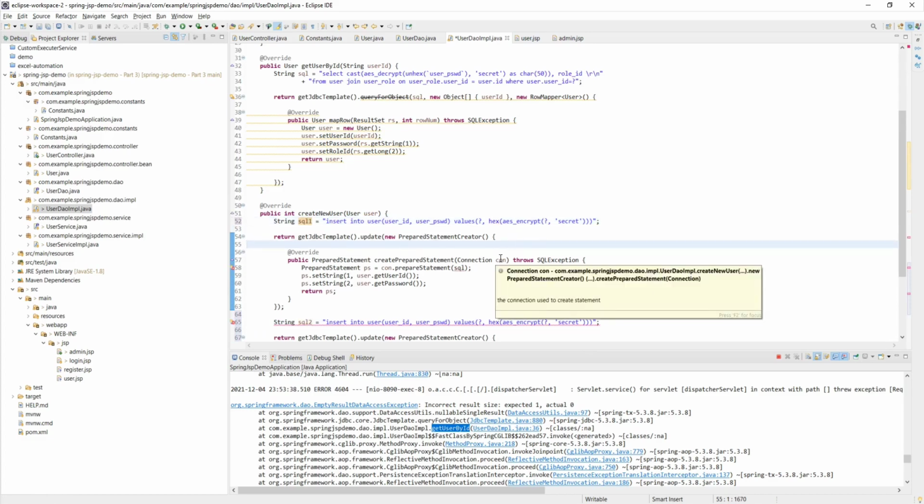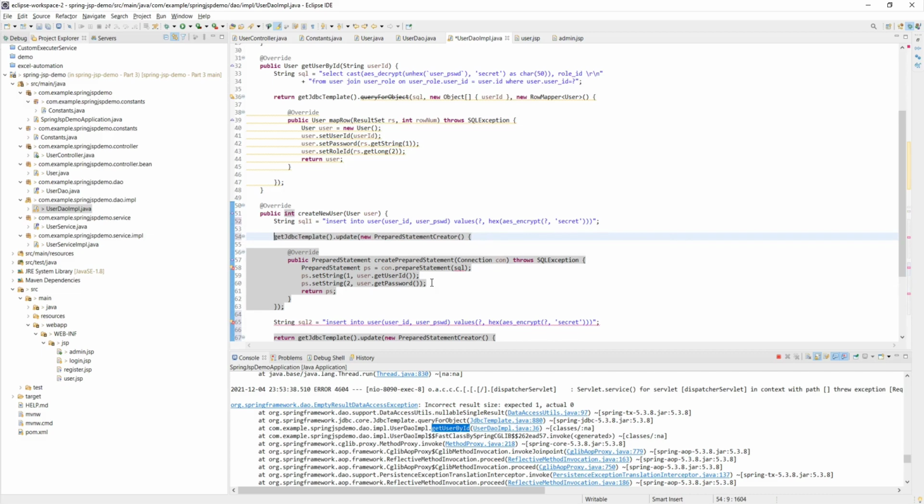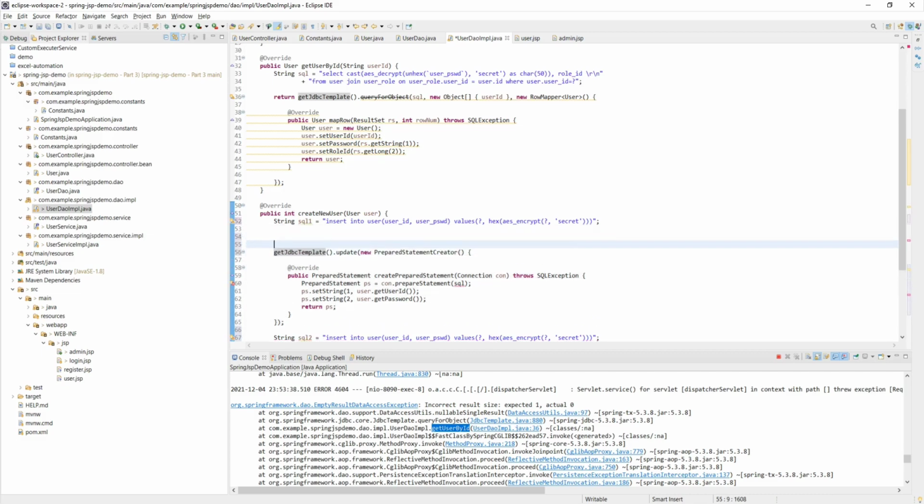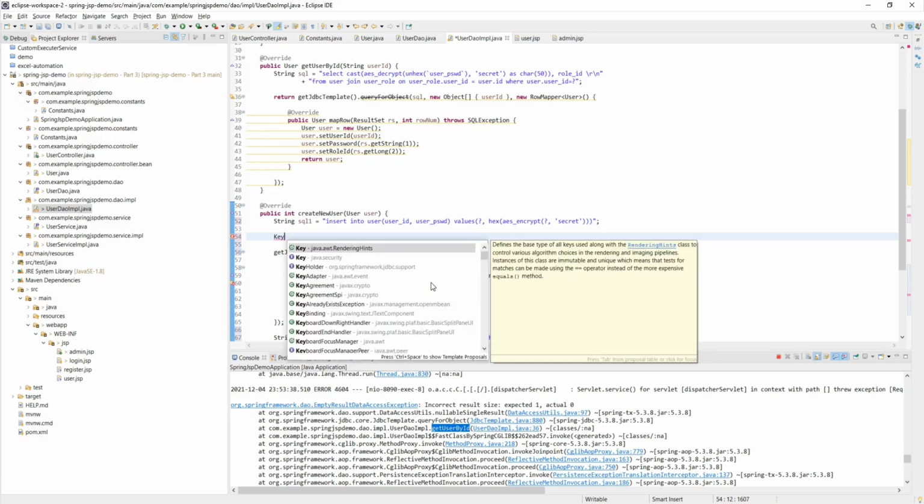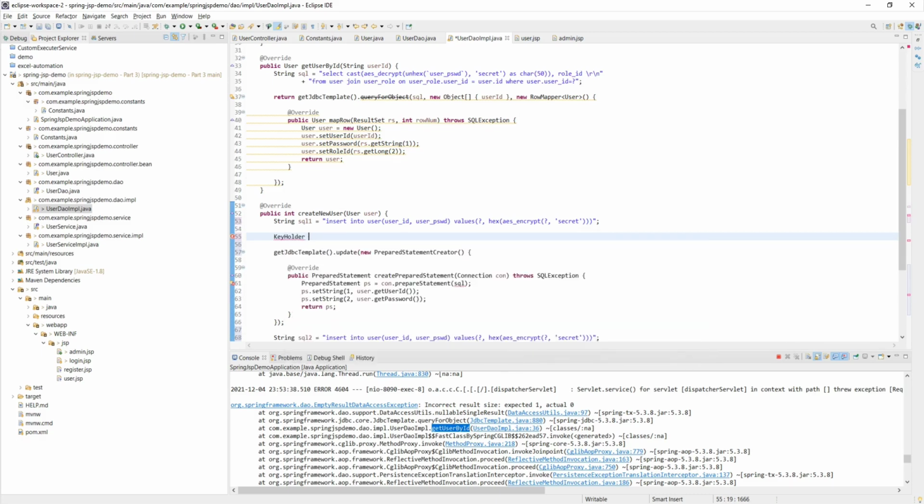Now for user, this query is the same, but I don't have to return now, rather I have to hold on to the generated key which is automatically generated. So I'm going to use a key holder here. So let's do key holder